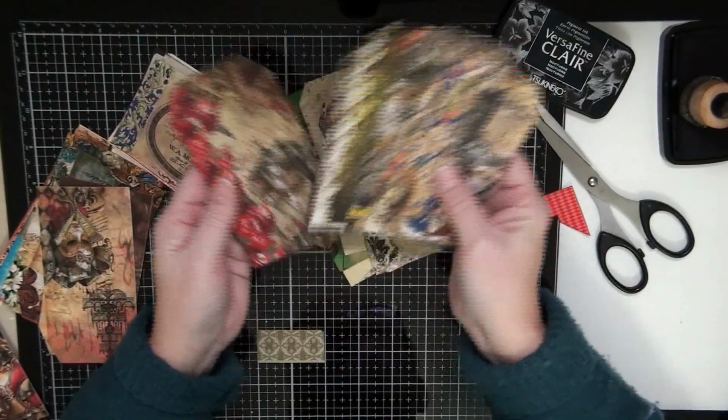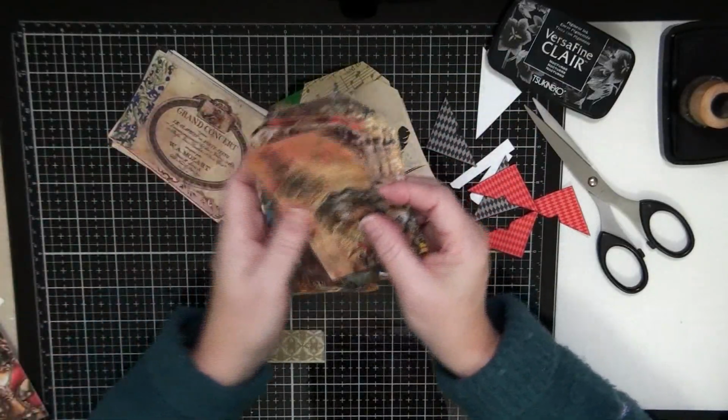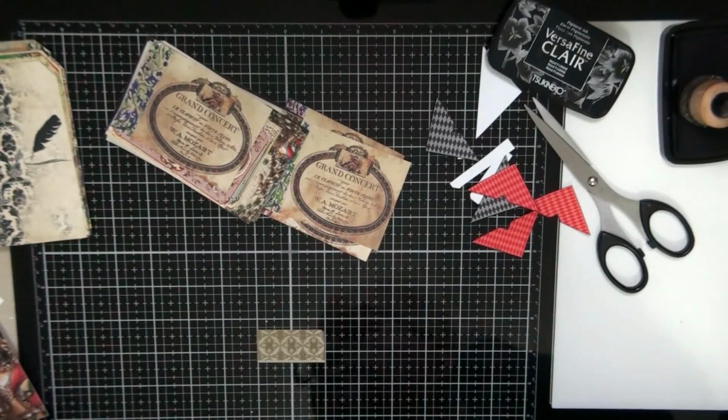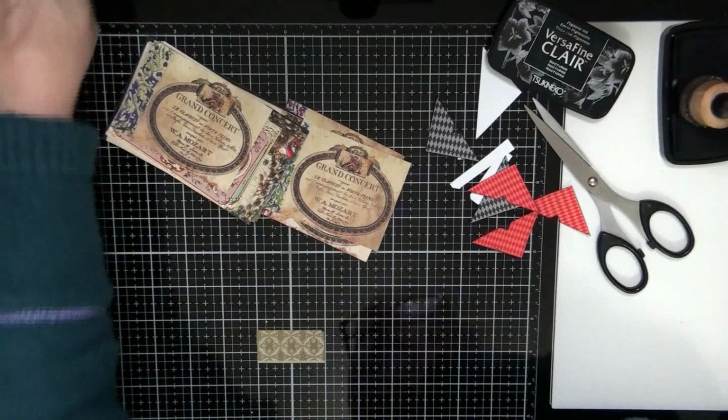So if you see something in this book and you go, hey, I didn't get it, well, you didn't get it because it isn't part of the kit. It's part of her original stuff. So anyway, I wanted to show you guys that stuff. So, oh, and I wanted to ask